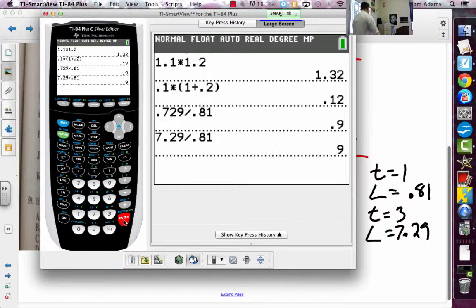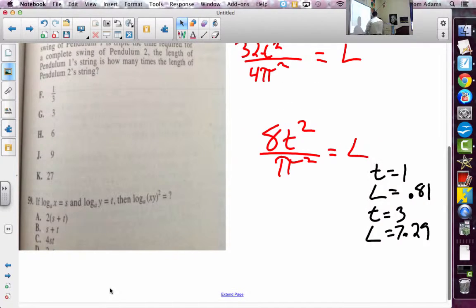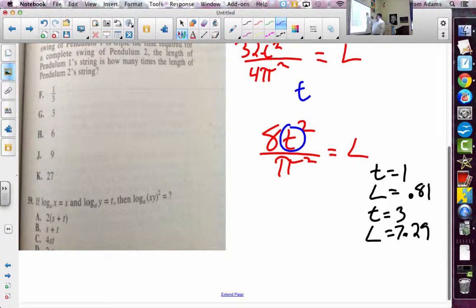The reason that we have 9 is because of what we are changing. The only thing that's changing is that t goes from 1 to 3. But t is squared, so this goes from 1 squared to 9, or 3 squared, right? If I were to square that,